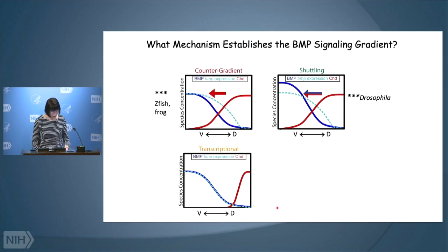Okay, so we know that shuttling is absolutely occurring in Drosophila. Our data indicates that it's not playing a role in patterning the dorsoventral axis in zebrafish. Another mechanism was proposed by Carolyn Hill's lab, where the BMP is expressed in a transcriptional gradient as well. And she had proposed that it's the transcription gradient that generates the gradient of activity in the embryo. And so we wanted to test that mechanism, as well as just generally establish other parameters that we could test